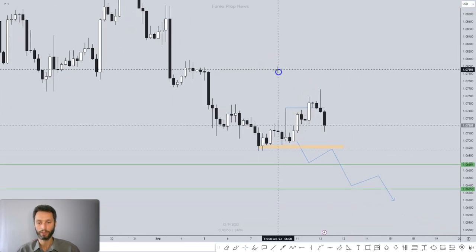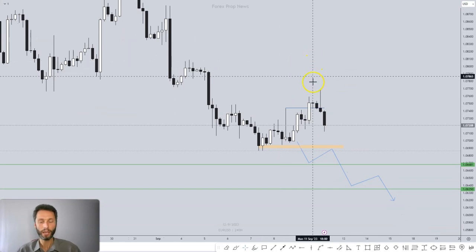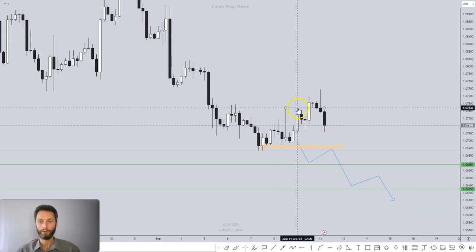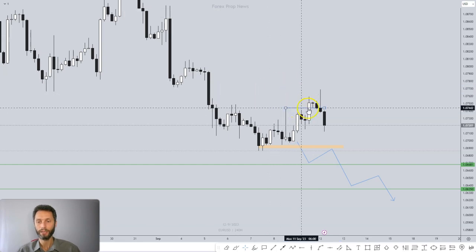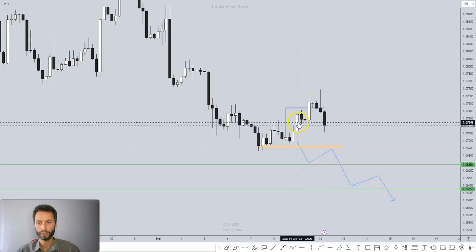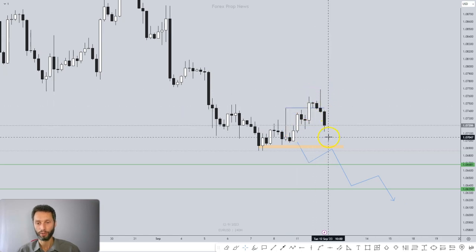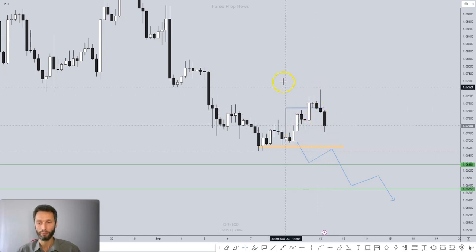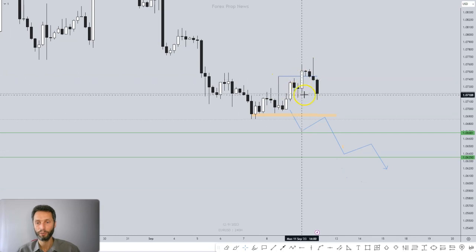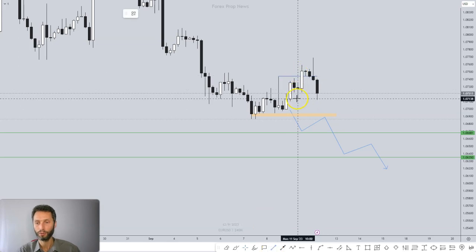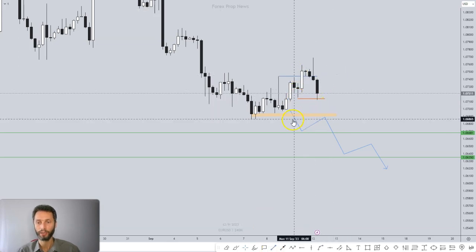So here's the one we looked at first, euro. And what do we have? Well, we were looking at this as a break, as an invalidation point, and we have broken through that. And it looks like now that we've broken through it, we have come back down below. So let's reevaluate what's actually going on here. Well, we've broken through, but we are now coming back down and breaking a structure. So this structure low seems to be breaking.